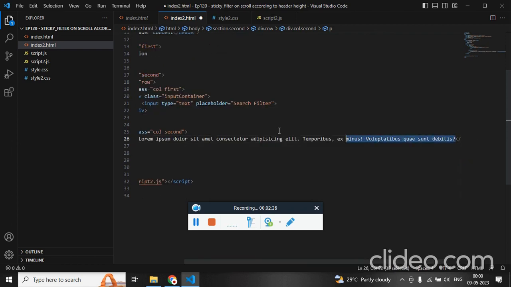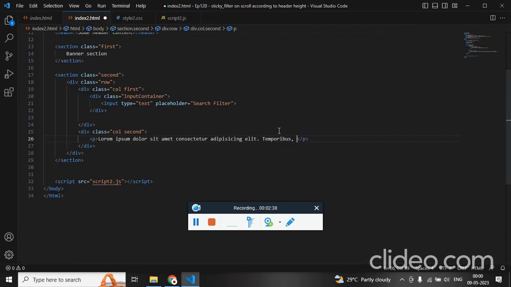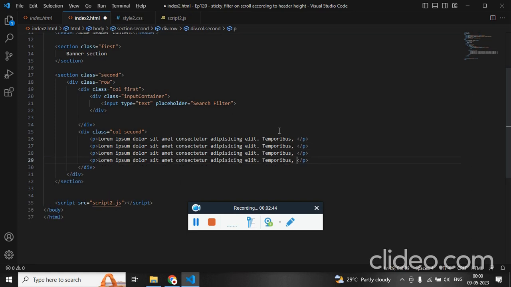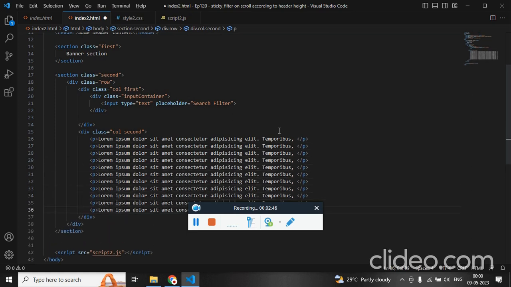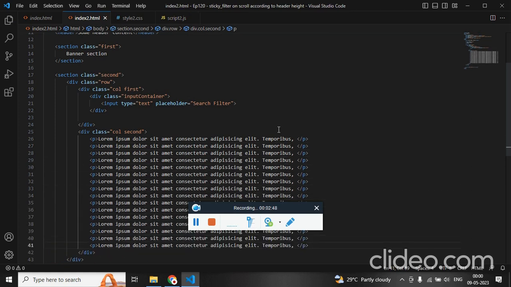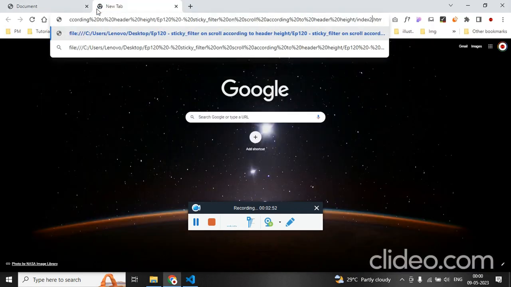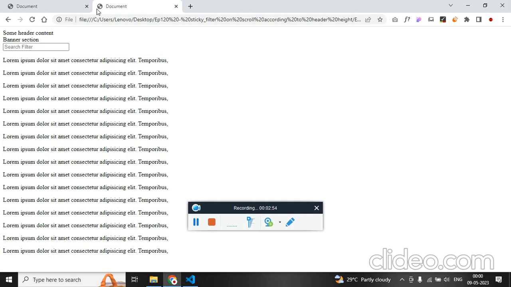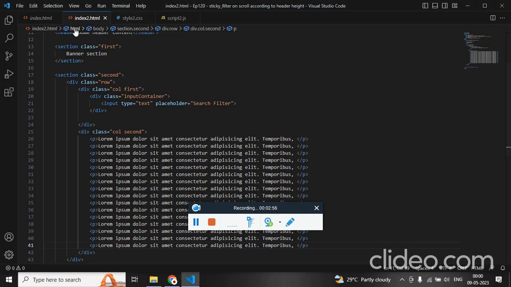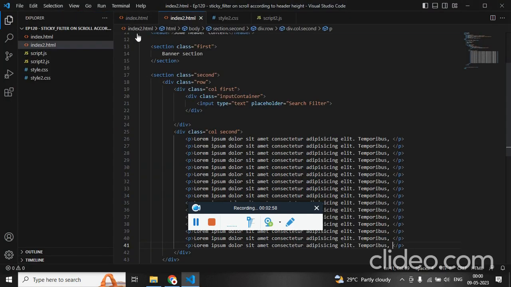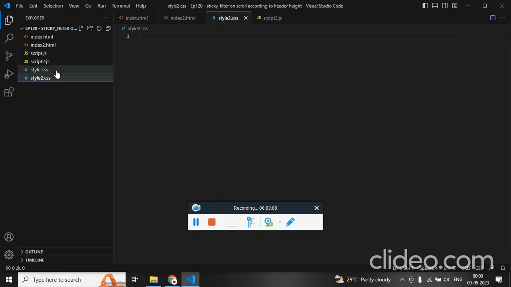I think it's too much. Ctrl B to hide the sidebar, shift alt down arrow, 1 2 3 4 5 6 7 8 9 10 11 12 13 14 15. Now if I just see how it looks, I've just named it index2.html, so this is how it looks without CSS. Now without wasting any time, let's just get into the CSS,